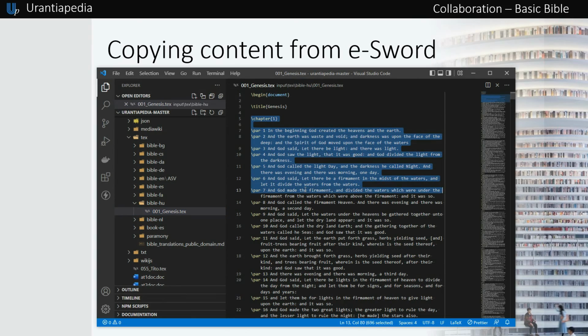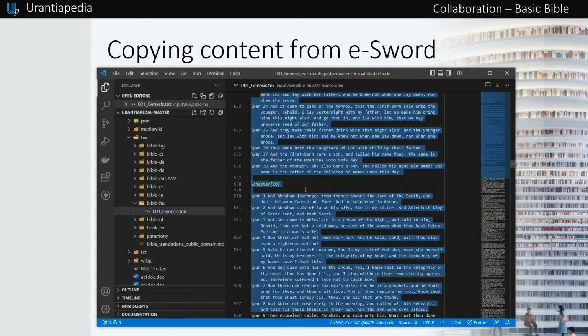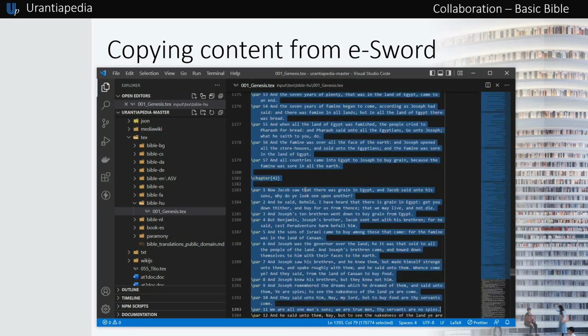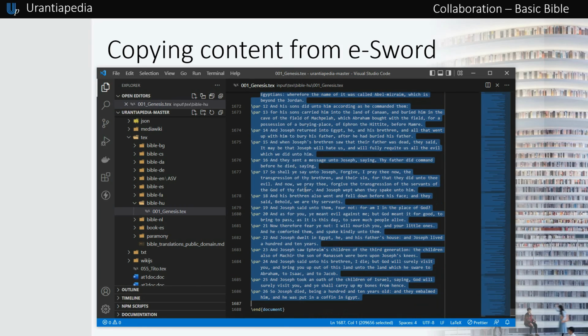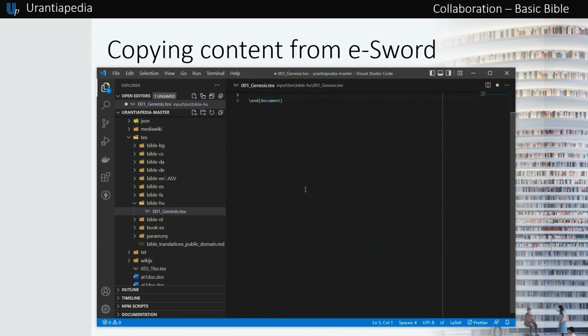Here I am copying the translation in English, and I'm going to create the Hungarian translation of the Bible. Let's go to the first file, for example, 001_genesis.text. Select everything that is below the \title and above the \n tags.